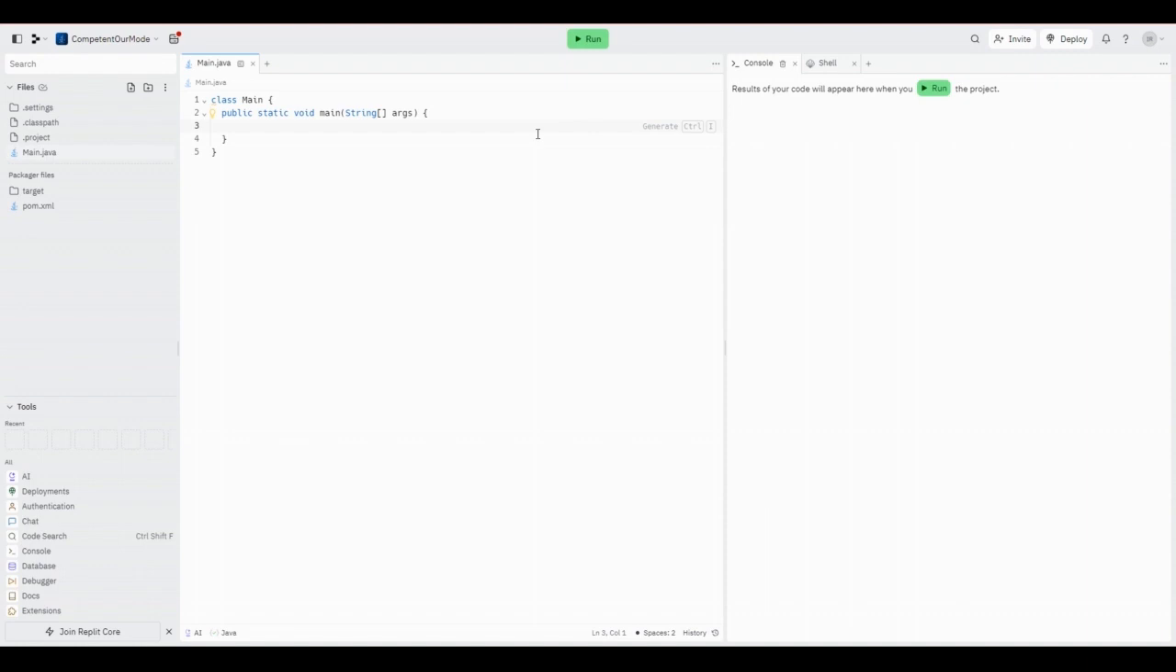So there's three types of loops in Java. There's the for loop, the do loop, and the while loop. They're basically all the same thing, just some are more efficient than others. The while loop,